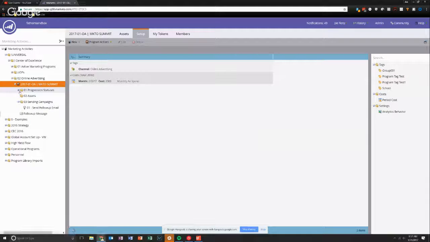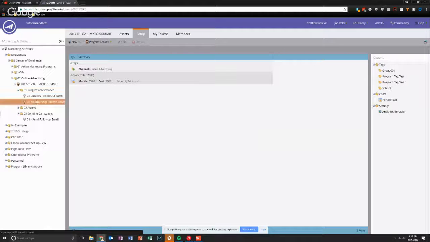Okay. So that bit of business aside, like I said, progression statuses, assets would be like emails, follow-ups, triggered, and then the things that send them. Oops. So that should be there. As far as the progression statuses go, this is actually really simple. So first, these are out of order. But if I were to reload,